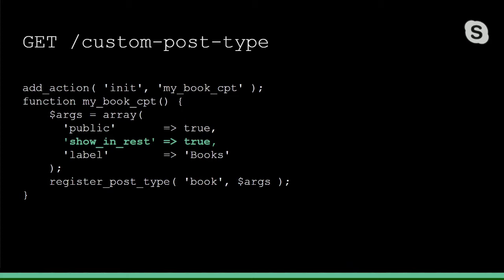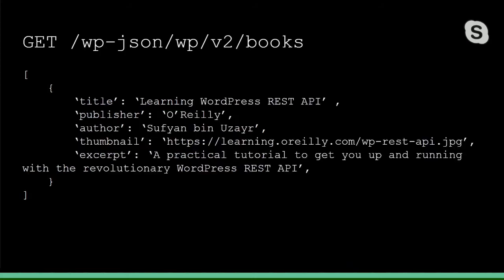In this snippet, we use the show_in_rest argument when registering a custom books post type to make books data available through the REST API. This pattern is well documented in the REST API handbook for working with custom post types and custom taxonomy. After enabling show_in_rest, when you access the corresponding endpoint for that custom post type, you'll receive a response with your content, in this case, books, in your system. The data will be added to the wp/v2 namespace by default.